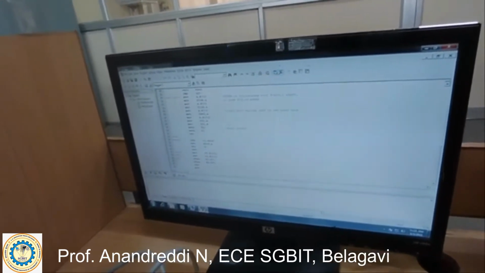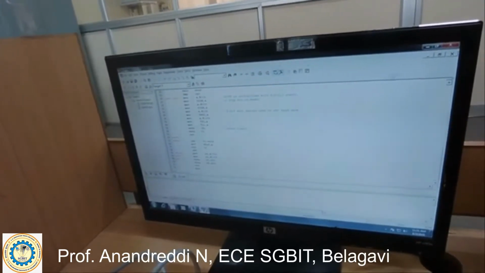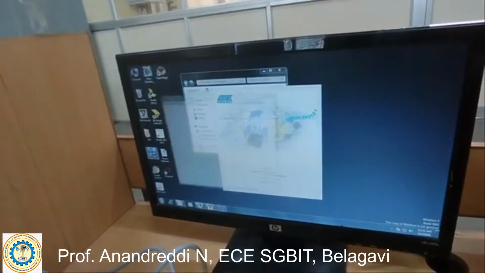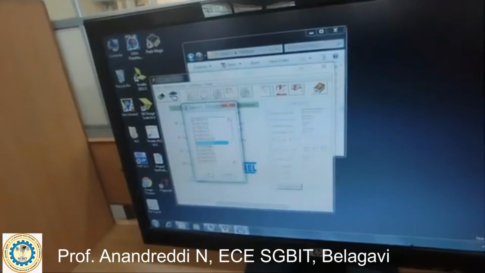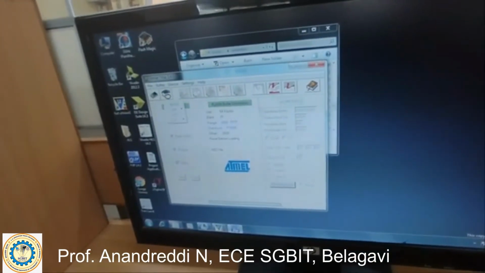Next you have to go to our main. I will directly load the project and just minimize it. I will open this at Melflip. You have to select the IC, that is 89C582. Say OK. Next you have to select the COM port.